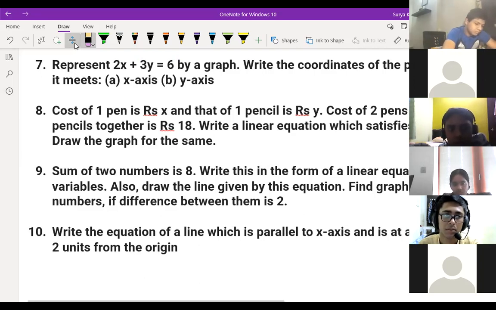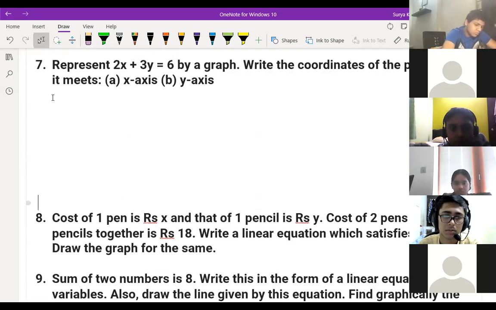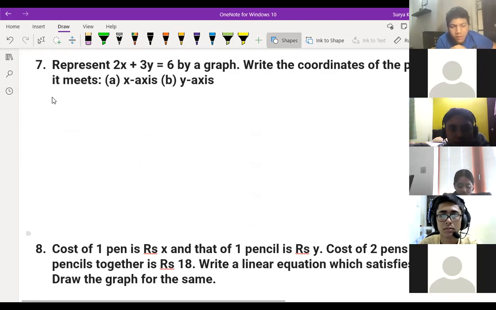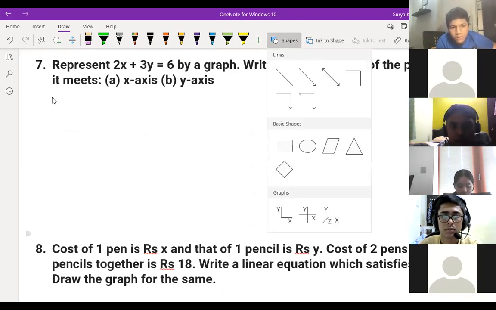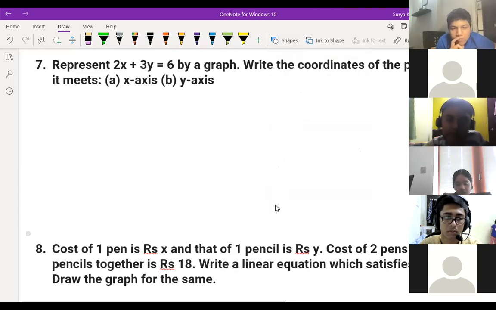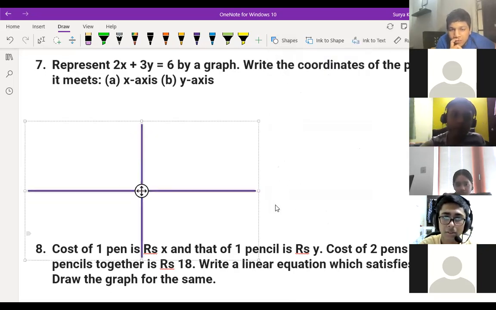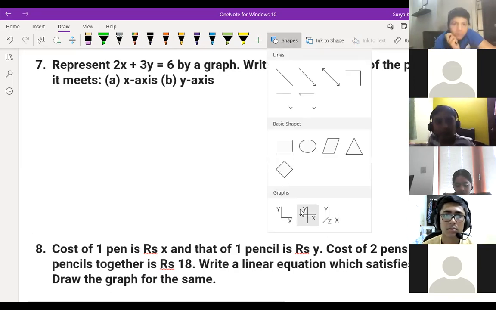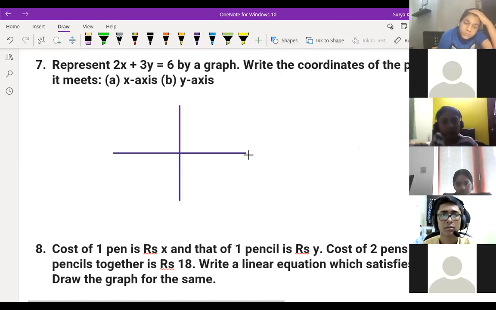Suppose I'm giving an example to you. Are you understanding the question or not, children? Who is not able to understand the question? Question number 7. Also, we have to write the coordinates of x and y, where it meets at the x-axis and y-axis. Is that what is meant by writing the coordinate of the point where it meets? Yes, sir, I didn't understand that part. Okay, that I'm telling you. Wait. If you think for 2 minutes, you'll get it. 100% you can think.